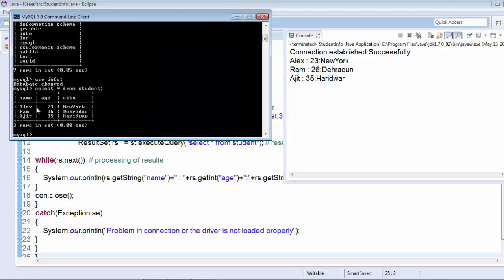Here you can see there are three records, with the attributes name, age and city. These are the three columns, and in each column there are three rows. These three rows have been successfully retrieved by our program.